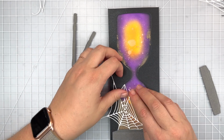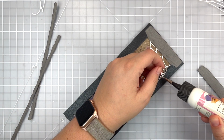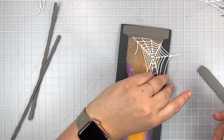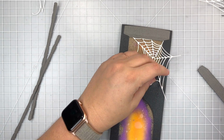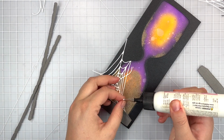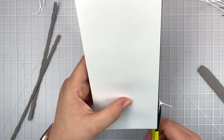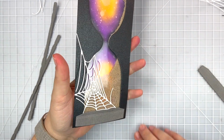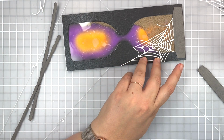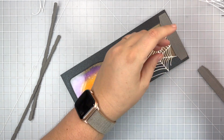I'm only going to show how I put together the bottom part of my web and hourglass because the top is pretty much the same thing. Again, just trimming off what I don't want and then using wet glue to adhere down my web. I also am going to trim off any of the parts of the web that go off of my card base. So you can see that there's a couple pieces that I'm just going to use my little scissors and trim those off. And then also use glue to make sure that any of those pieces now that are kind of singular parts of the web, because I trimmed off where they were all joining together, is glued down as well. And once I'm done with that, like I said, I'm going to move on to the top, but I'm going to go ahead and do that off camera because you don't need to see me gluing down a spider